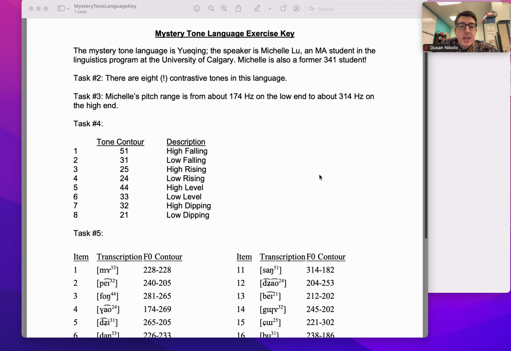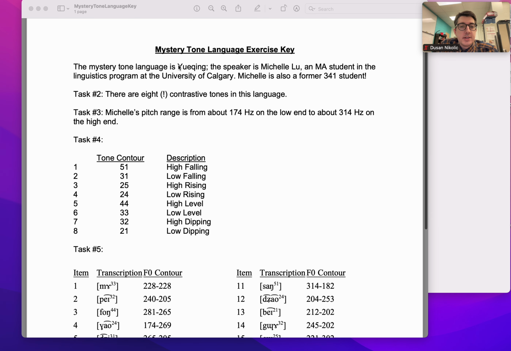So hello Link341, we are going to review our mystery tone today. Our mystery tone was the tone language of Yuqing. The speaker is Michelle Liu, a former MA student at the University of Calgary, and